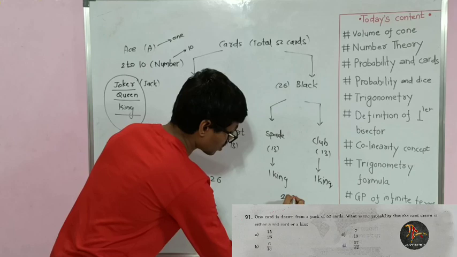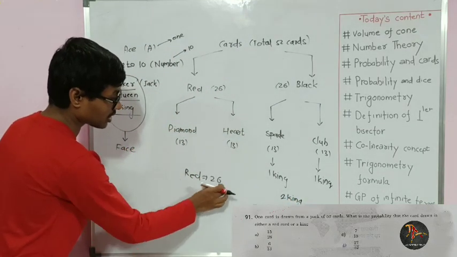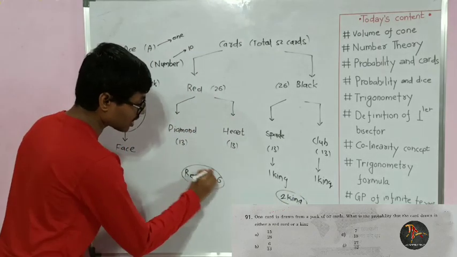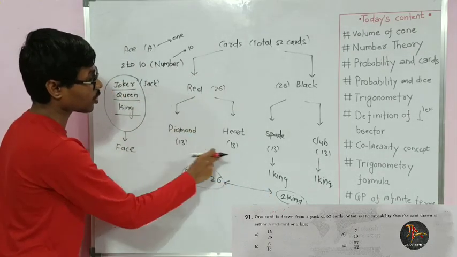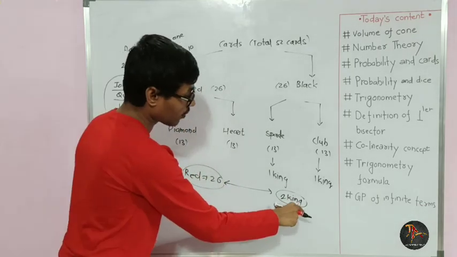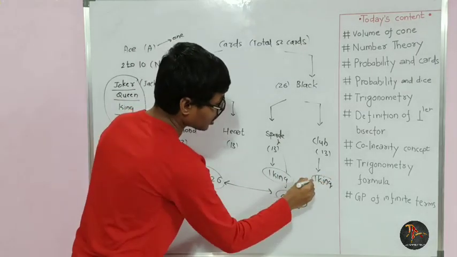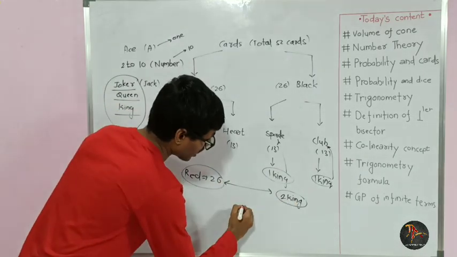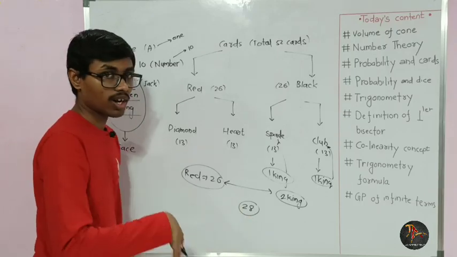2 किंग से. सो टोटल we can select either 26 cards, these 26 cards, or we can select these 2 cards. So we can select 26 cards from this and 2 cards from this. We have to select either 26 cards from this or 1 king card from spade and 1 king card from club. So we can select 26 plus 2. We can select out of 28 cards for our given.